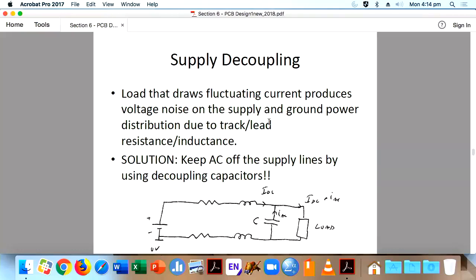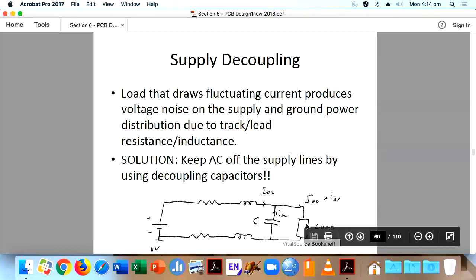Then supply decoupling, which we already discussed. A load that draws fluctuating current produces voltage noise because of the switching, maybe digital, and we will be using capacitors so that your circuit is closed here, or high frequency can be shorted to the ground. So this supply